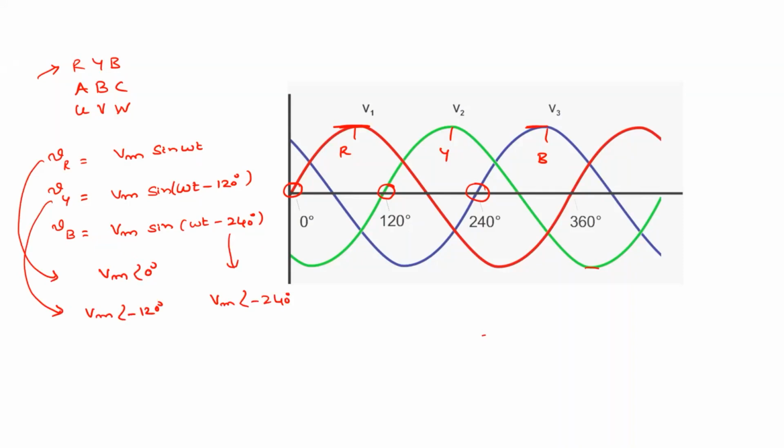Sir, could you explain again the degrees, 0, 120, 240, 360? I'm not able to understand. This is delayed by 120 degrees, so that's why you have a phase shift of 120. If it is further delayed by 120 degrees, that's why it is omega t minus 120. This is further delayed by 120 degrees. In other words, with respect to this reference one, this blue one is delayed by 240 degrees. That's why it is omega t minus 240 degrees.